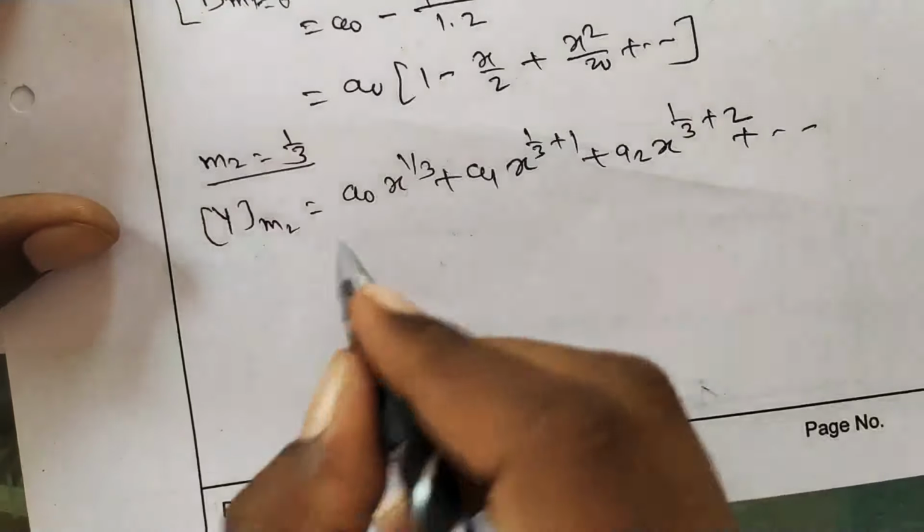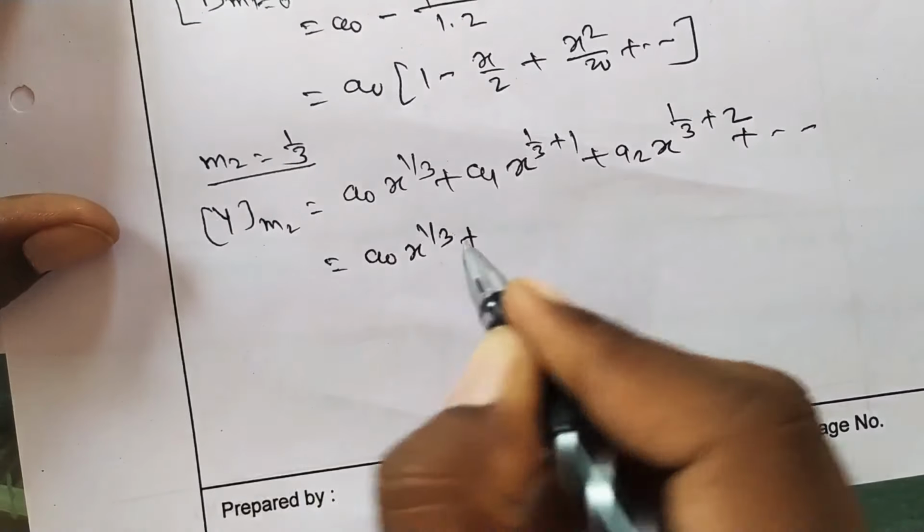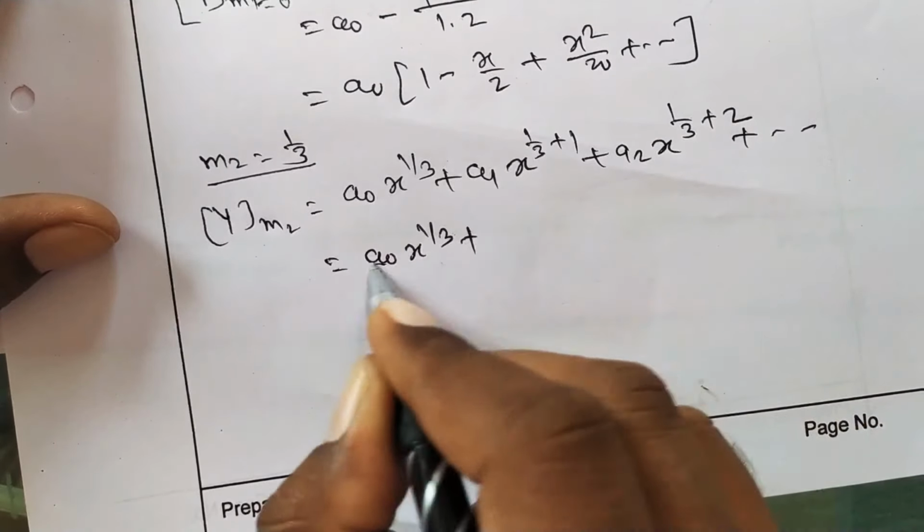So after simplification, what is this? This is a0 x raised to 1 by 3 plus, if you take x raised to 1 by 3 common